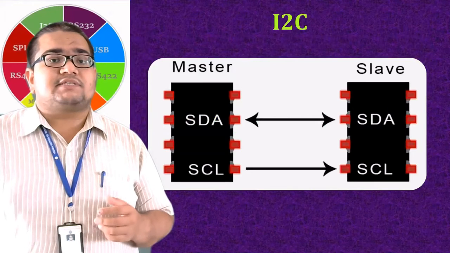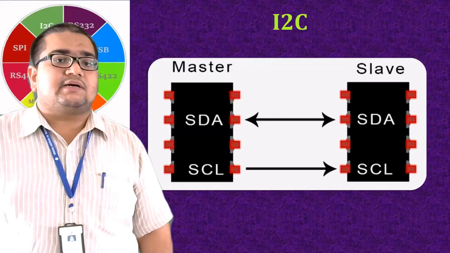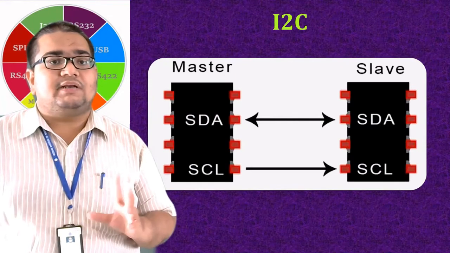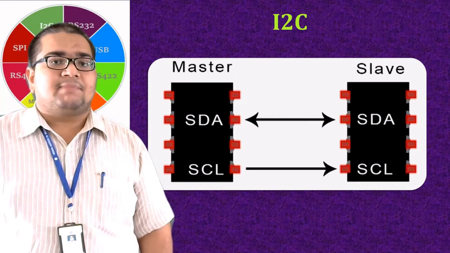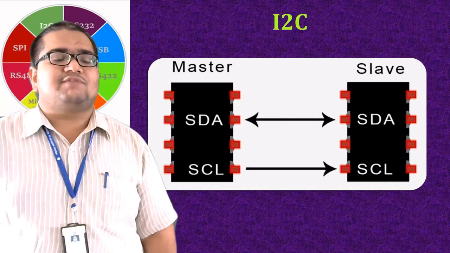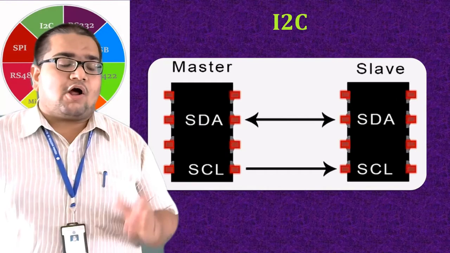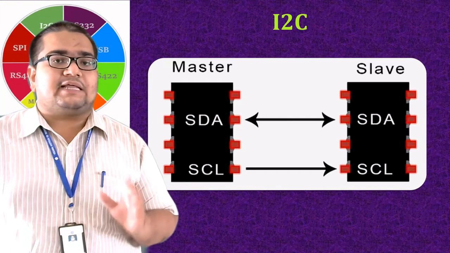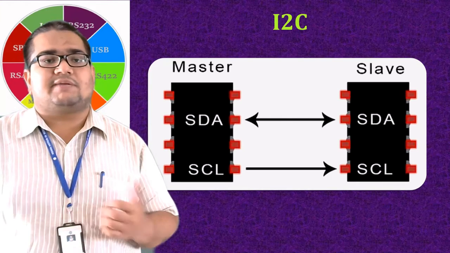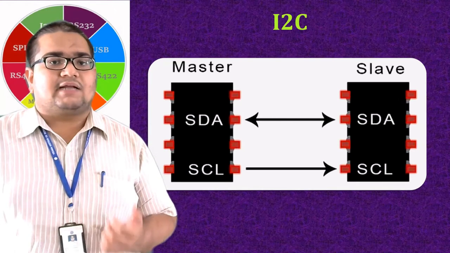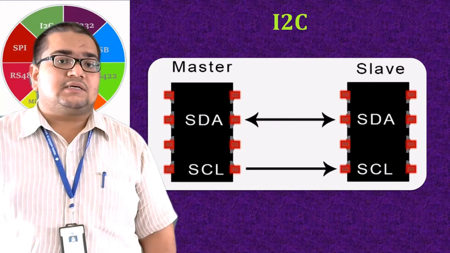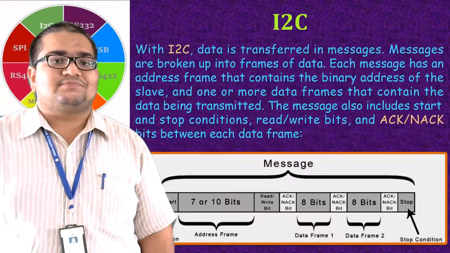Starting with I2C, we have discussed that it is a two-line or two-wire type of communication protocol. Here it has only one serial line for communicating the data. So it is a half duplex type of communication, because there is only one line which will carry the data. So communication in one direction can take place at a time. Either the master will send the data to the slave or the slave can send back the data to the master at a time. So it's a half duplex system and it's a synchronous serial communication.